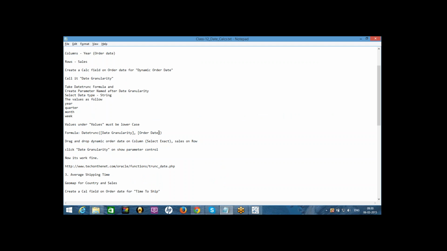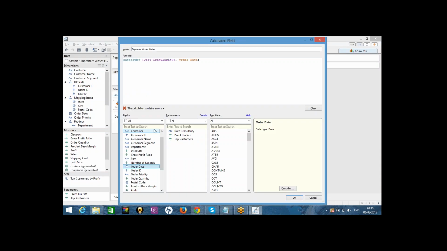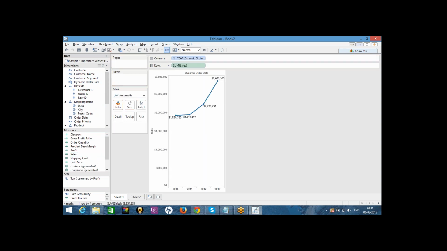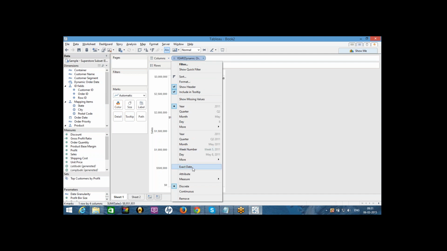So date granularity and order date. Close the parenthesis. The calculation is valid now. The current value is string type. Order date is date type. Click on it. Take dynamic order date on the column shelf, the sales on the row shelf, and select the exact date here.